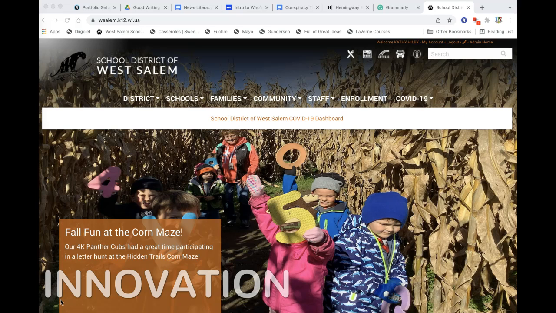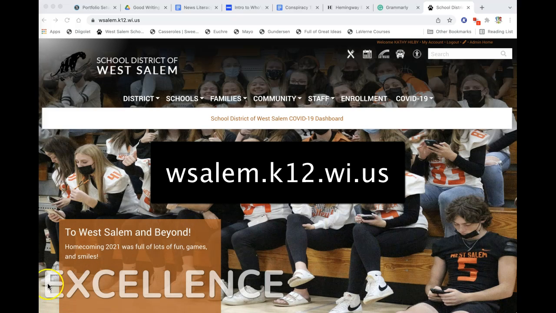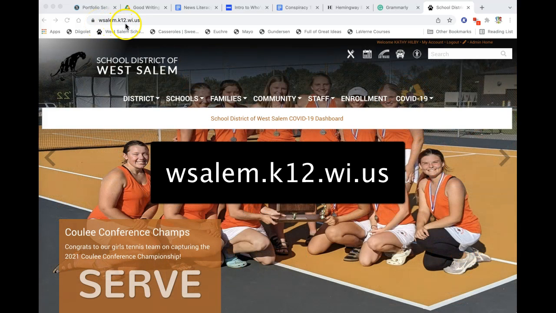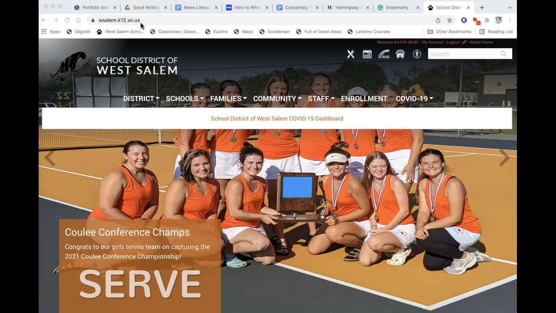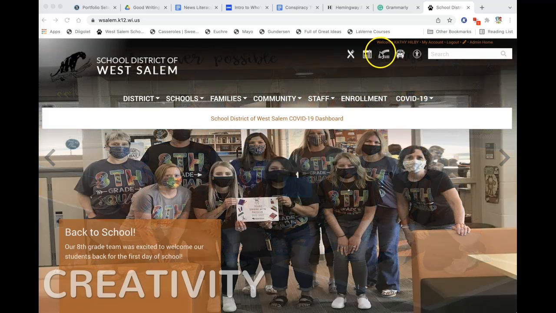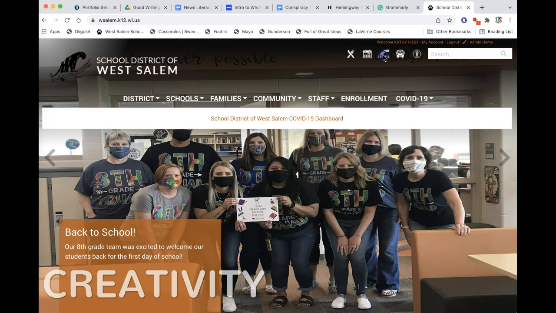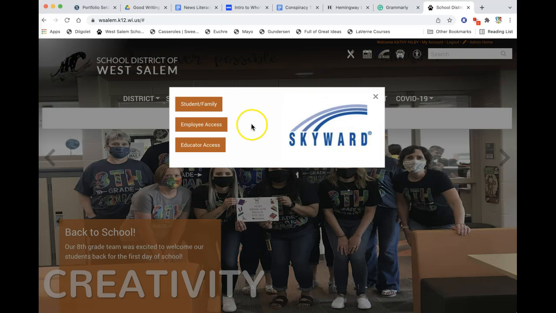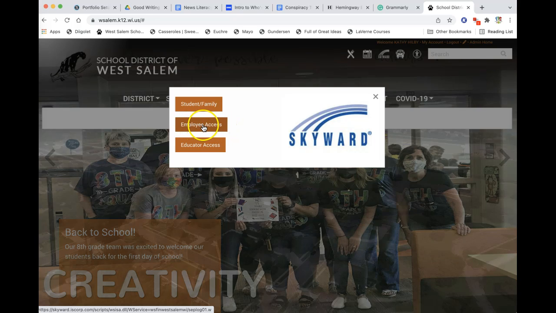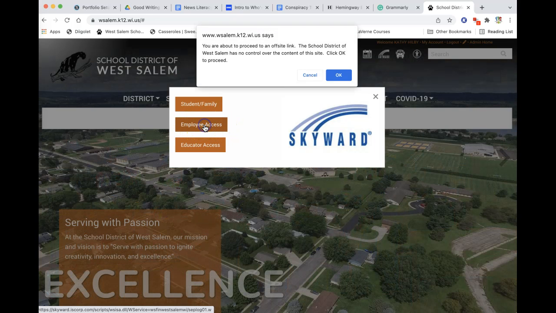different. To begin with, you want to go to the School District of West Salem website, and you can do that by doing a Google search or typing in wsalem.k12.wi.us and getting to our district website. In the upper right hand corner is a Skyward icon, and when you select the Skyward icon, it's going to give you some choices, and in this case we want employee access,